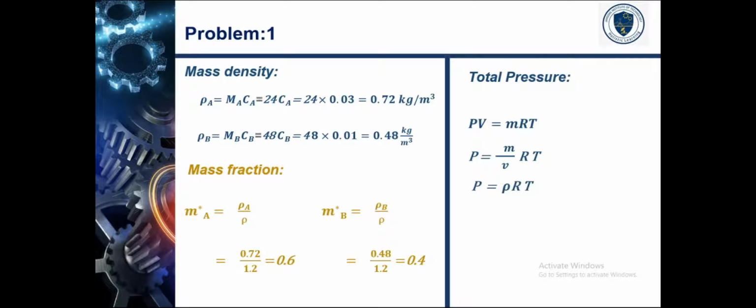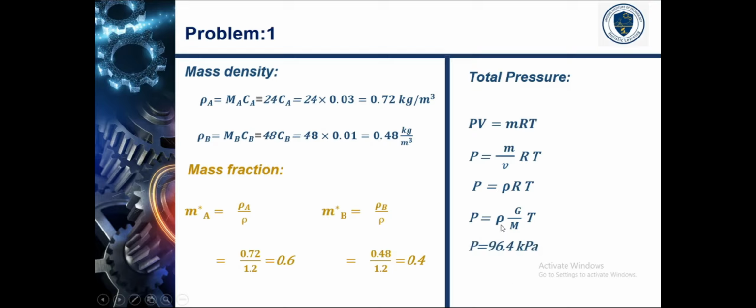Once again, R is called the characteristic gas constant. It is replaced by the universal gas constant, so the equation is rewritten in this form: P = ρ(G/M)T. Here capital M represents the molecular weight of the mixture. If you substitute all the values, you will get the pressure, that is 96.4 kilopascal.